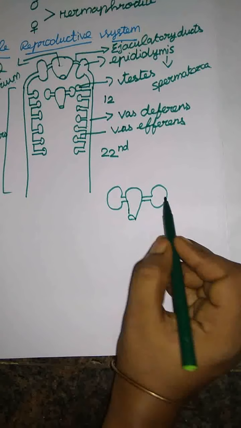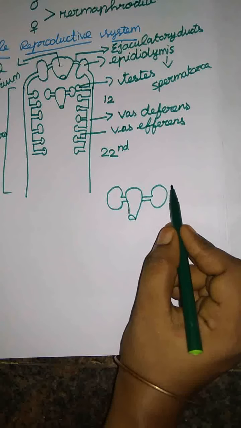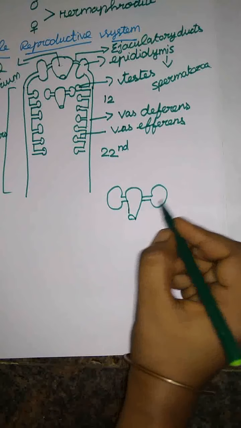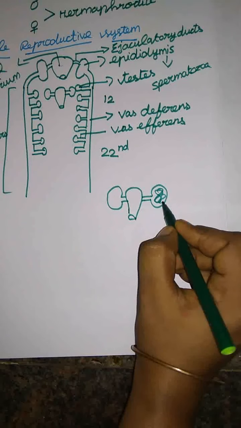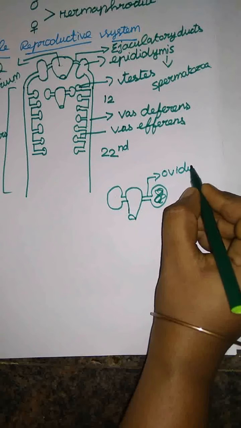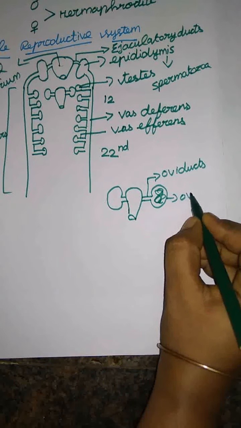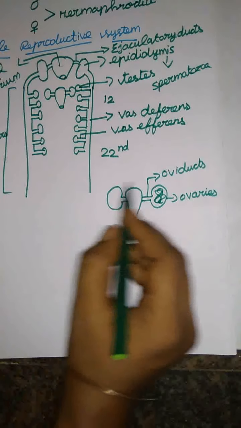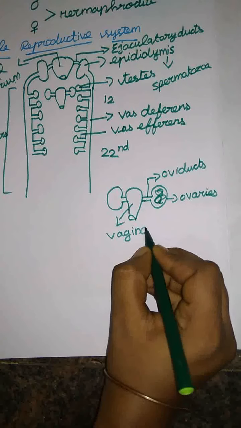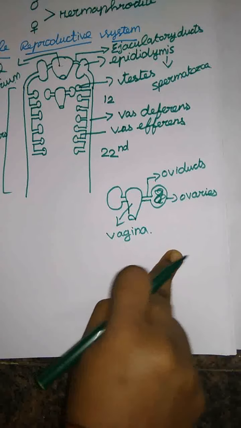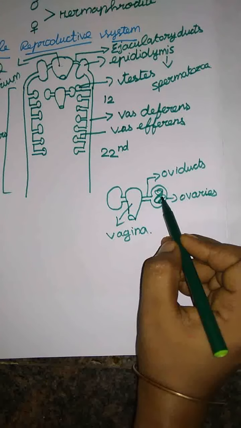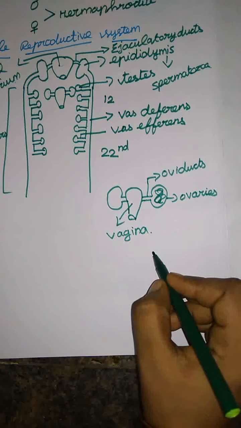Here they have two ovaries, and the oviducts. They are considered as three parts. The first one is the ovaries, the second one is the oviduct, and the next one is the vagina. These are all the parts involved in the female reproductive system. They are present in the 11th segment. This is the ovary, right? Just take this as the cross section of an ovary.